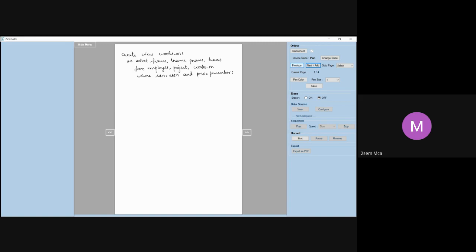So what we are doing? Select F name, L name, P name, hours. Who are the employees working on that particular project for how many hours? That is what we are basically trying to find out. Every employee is working on a project for certain hours. Then what are the tables that we have to access to find this out? We have to take from employee because employee contains the F name and L name. We need the project table because P name is there in the project table.